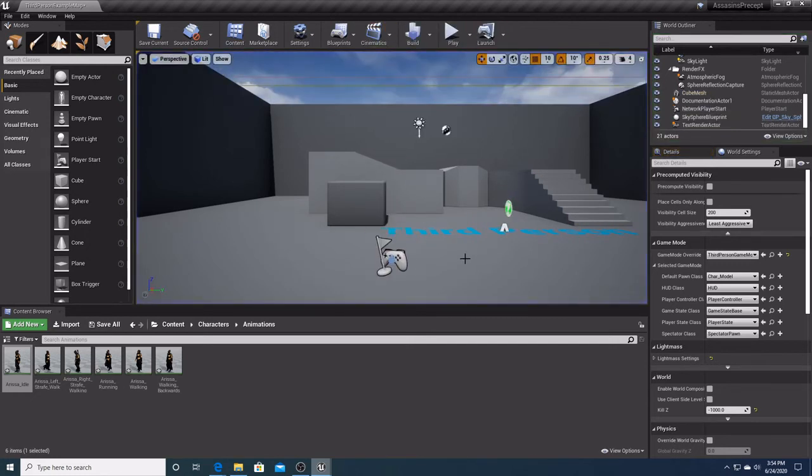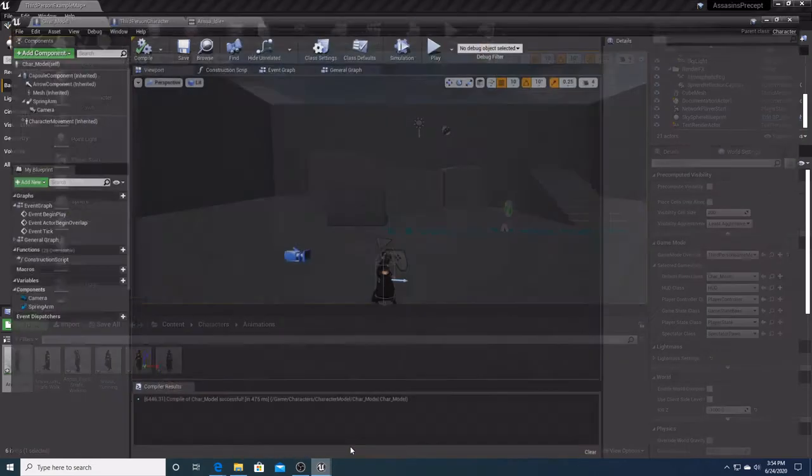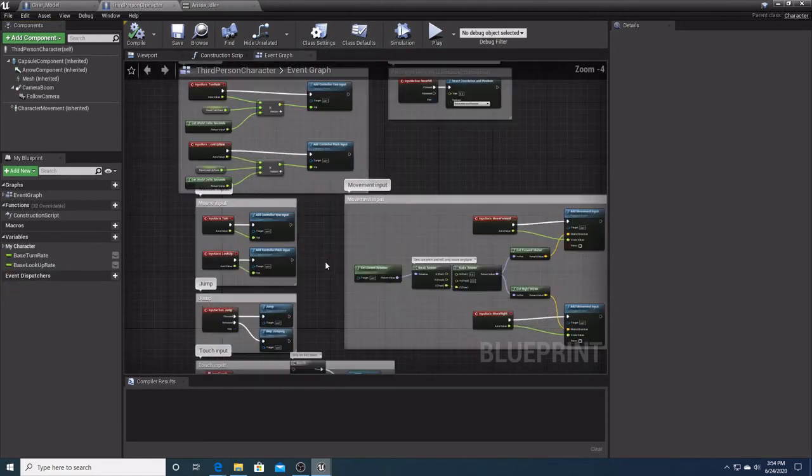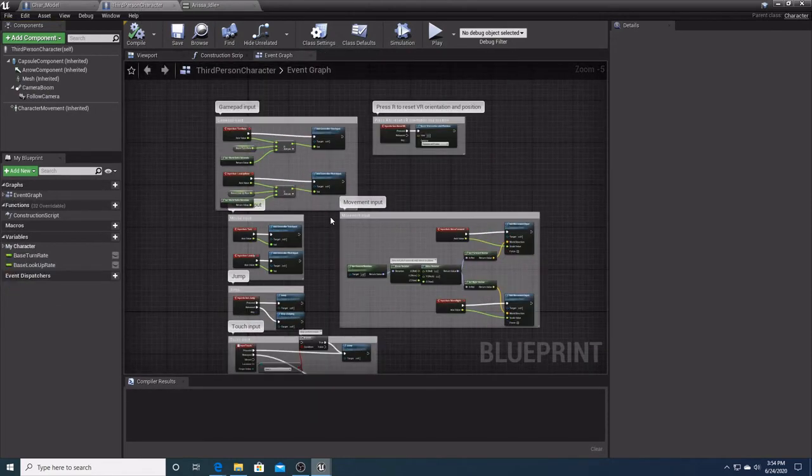I'm gonna stop. We're gonna give her some movement now. We're gonna go over here, and we're going to actually just take something else from the third-person character here. We're gonna take his movement input. It'll just be easier that way. There's no reason to program something that's going to look the exact same. So we're gonna go like that,